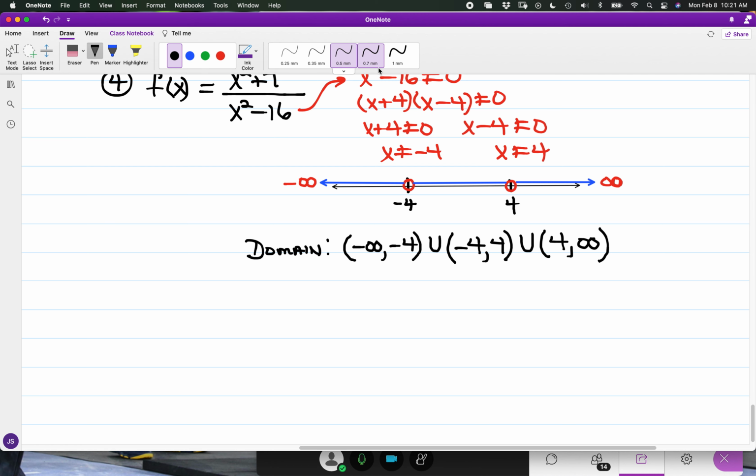Now, looking at another case here where restrictions can come not only from fractions but also from radicals. If we have, let's say, f of x is equal to the square root of x minus 7. Again, we're not looking at complex numbers, just real numbers only. The type of radical we have is an even root, and because of this, with the square root of x minus 7,